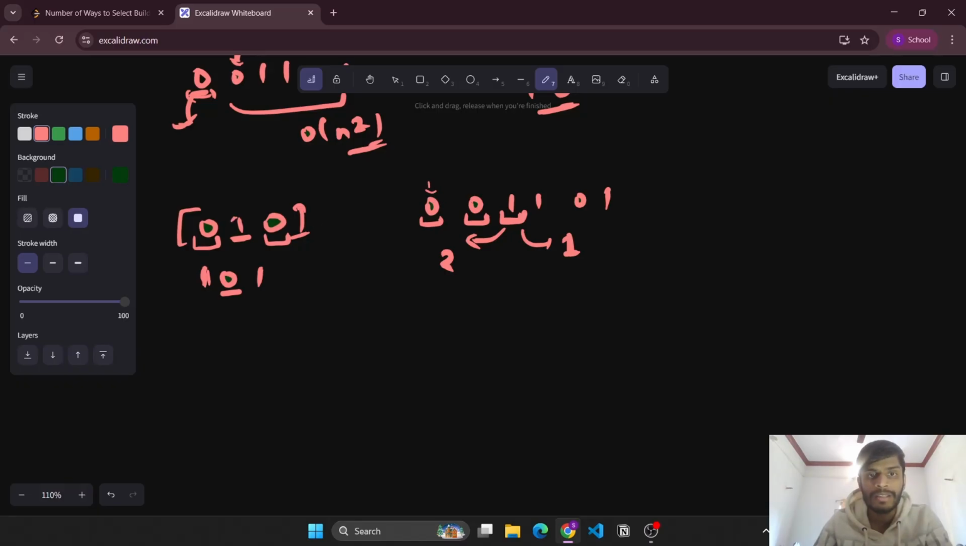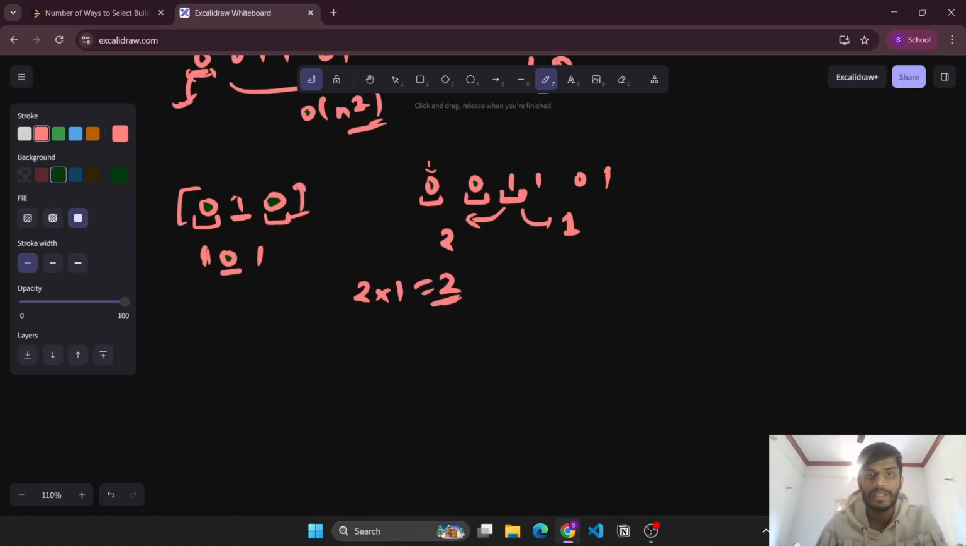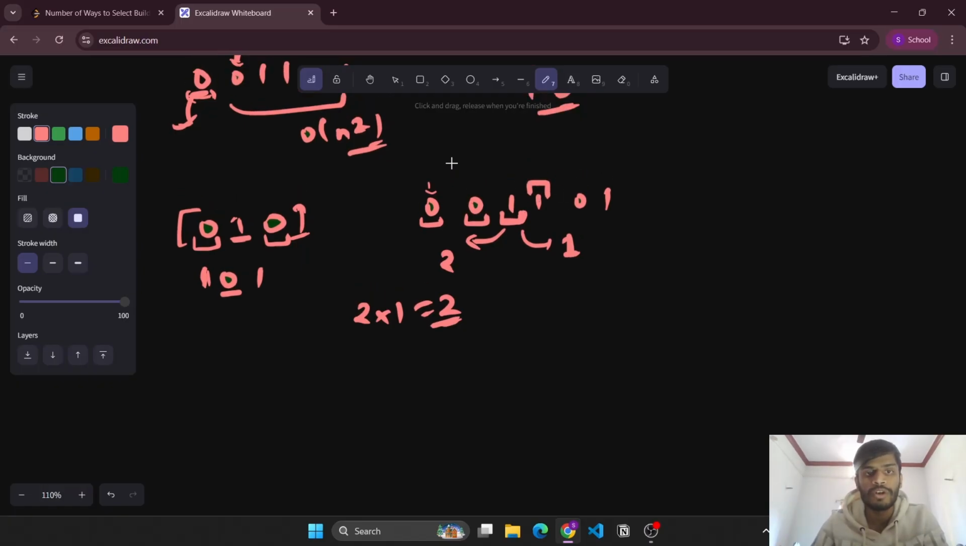It will be simply this 0 1 0, then this 0 1 0, accounting for all possible combinations from left as well as right. It will be simply what? 2 into 1 equals 2. So if we fix this one as the middle part, we'll get two subsequences of 0 1 0. Similarly, if we fix this one, again we'll have 2 zeros on the left and 1 zero on the right. So the number of ways will be simply 2 into 1 equals 2. So if we fix this one as the middle part, then the number of 0 1 0s will be simply